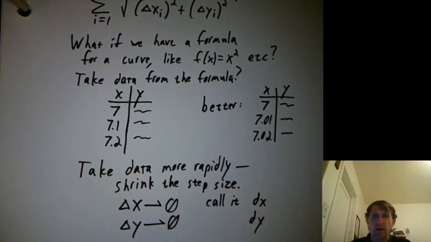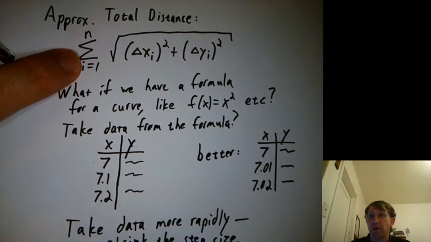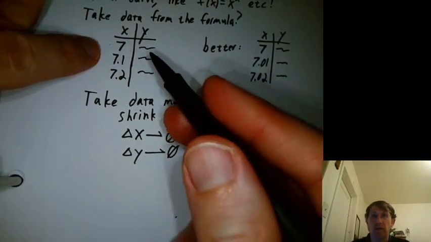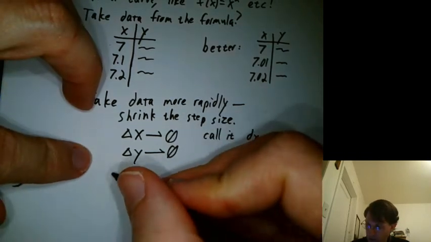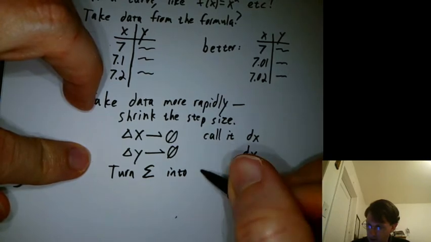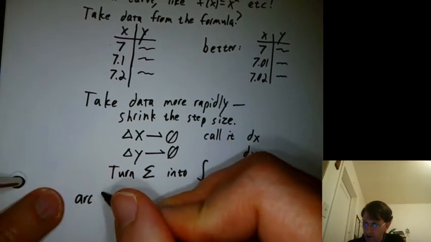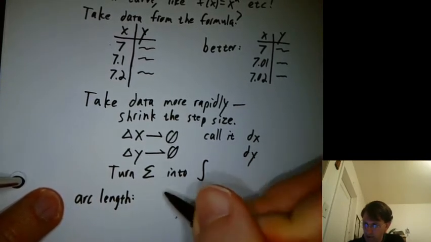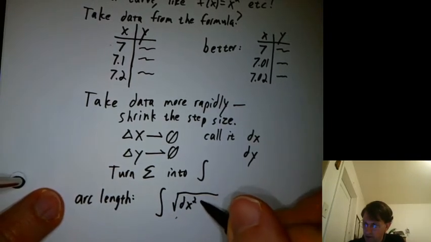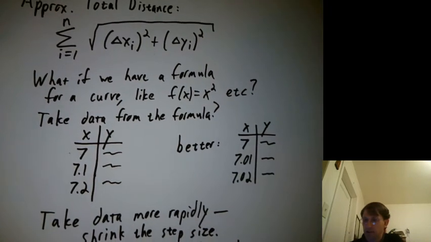And once we're talking about dx's and dy's, we don't tend to talk about a summation anymore. We tend to talk about what? An integral sign. So we're going from our discretized version back to a more continuous view. So we're going to turn the summation sign into an integral. So our formula for arc length right now would be the integral of root dx squared plus dy squared,